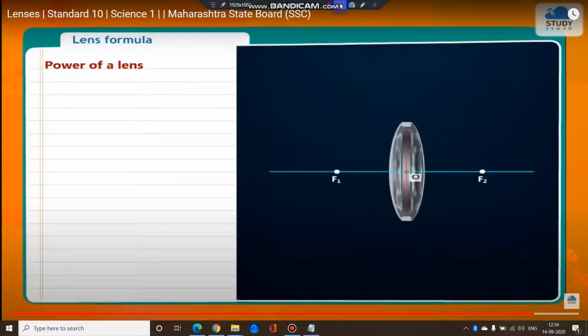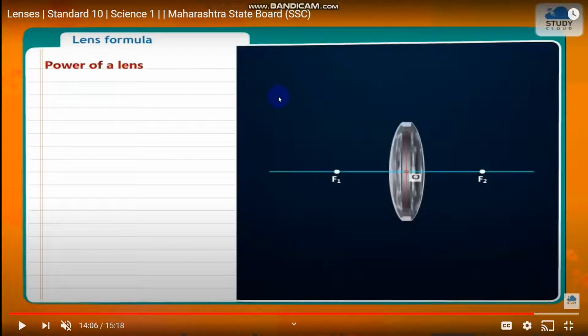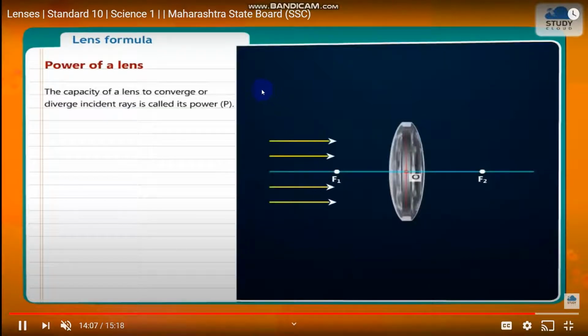Yeah, the next topic we start with is power of lens. So power of lens का basic मतलब क्या होता है? Power of lens is nothing but the capacity of a lens to converge or diverge the incident rays which are falling onto it. यानी जो भी incident rays है which are falling onto the lens, तो वो कितने एंगल पे इसको कन्वर्ज कर सकता है या कितने एंगल पे उसको डाइवर्ज कर सकता है. That angle is that capacity for converging and diverging at particular angles is nothing but called as power of lens.